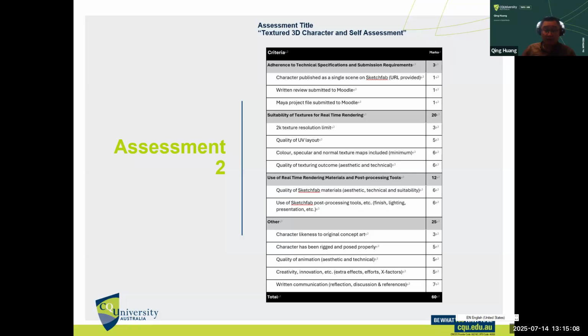At least you should have 3 of that, and the texture outcome. So in the end, you'll be judged by the aesthetic value of the outcome, whether technically it's tidy and aesthetically appealing, it's looking good. In the motion picture visual industry, looking good is quite important to beautify it. And whether you can eventually utilize the Sketchfab material efficiently, and again, aesthetic, technical, and suitability, and whether you